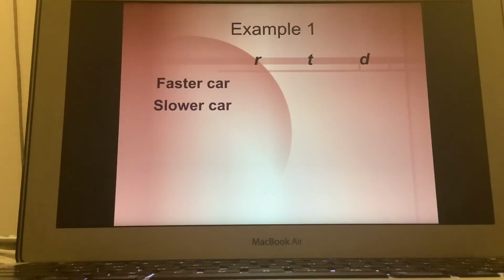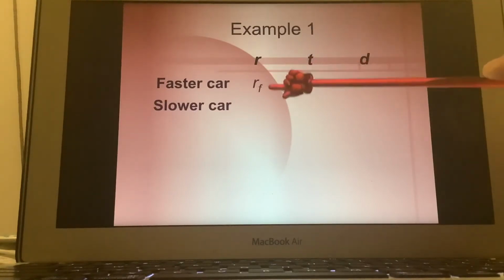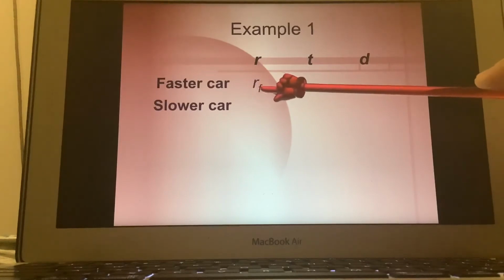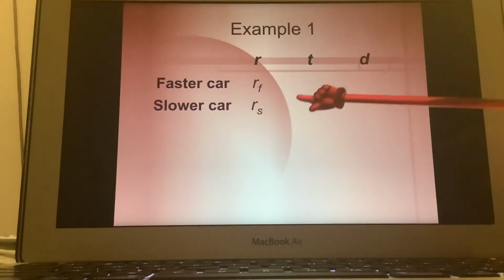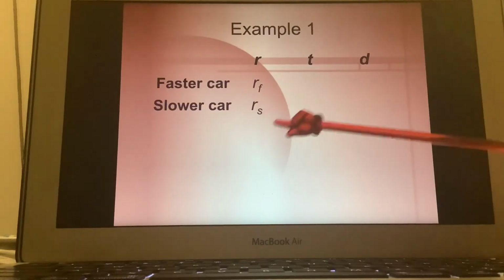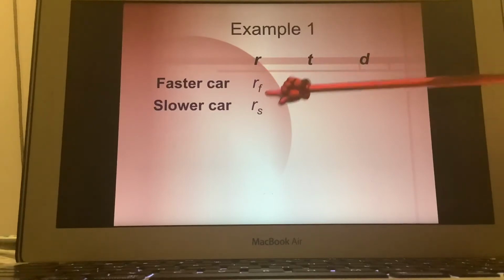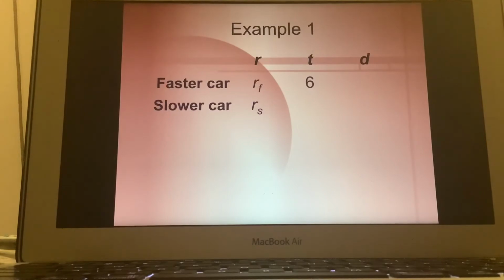And we can state the faster car as R of F. That's your subscript, so that you can identify the faster car. And then the rate of the slower car. So here's your rate of the faster car and then rate of the slower car. The faster car takes 6 hours. The slower car also takes 6 hours because you're trying to see when they pass in 6 hours